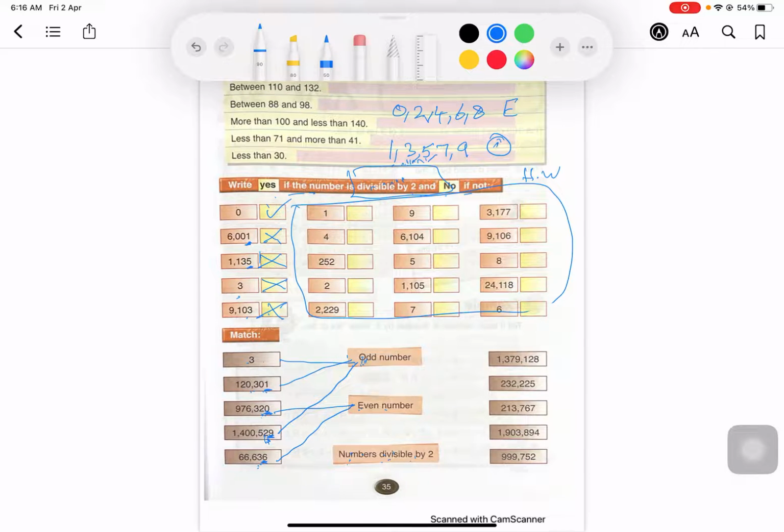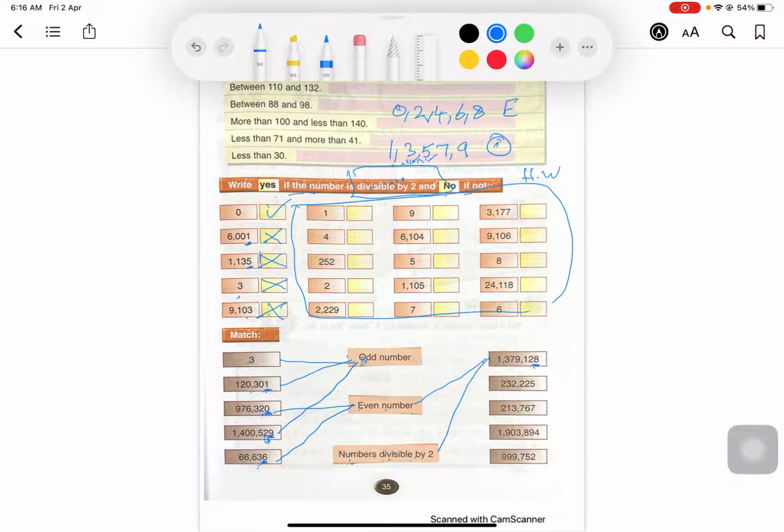Now let's see. Look at the ones place. What do you have here? 8, and 8 is what? Even. This number is even, and also it is divisible by 2. I can match it to 2 boxes. This number is even. It has 8 in the ones place, plus